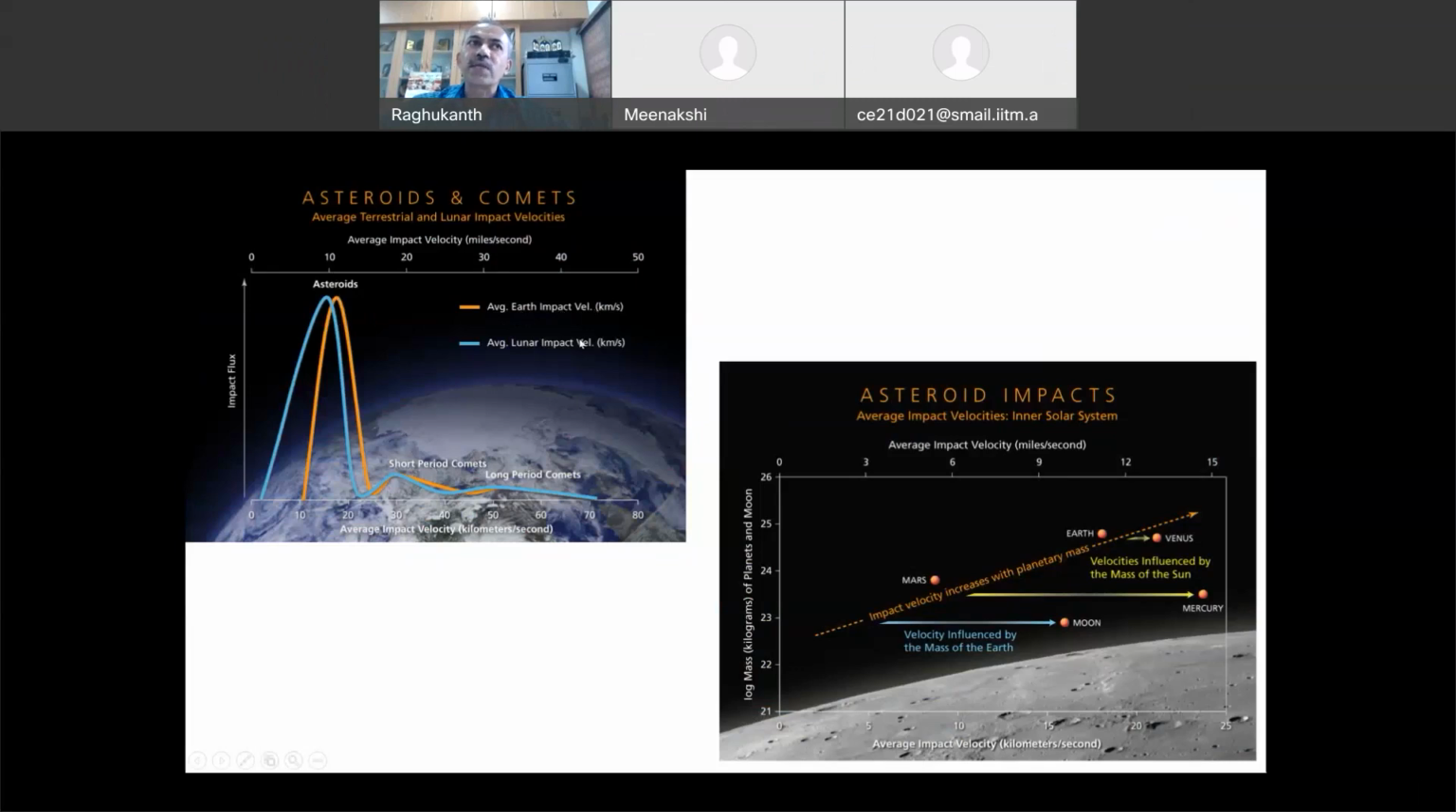Now on the Moon, it is slightly, you see, around 10 kilometers per second. So these are the velocities which people have measured. And if you see in other planets, say,